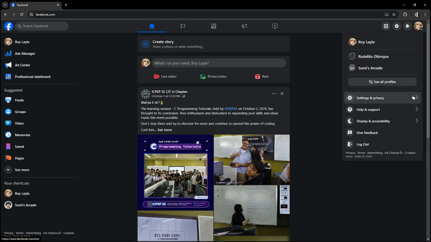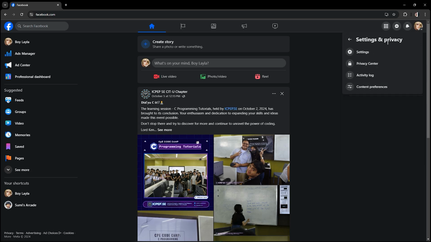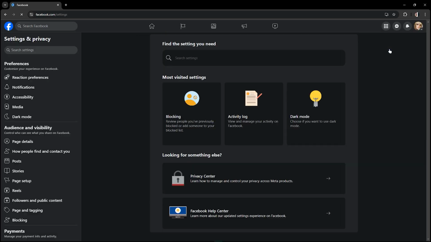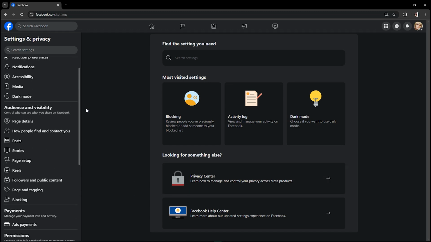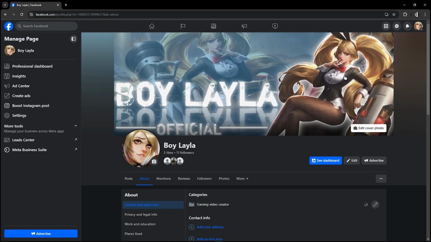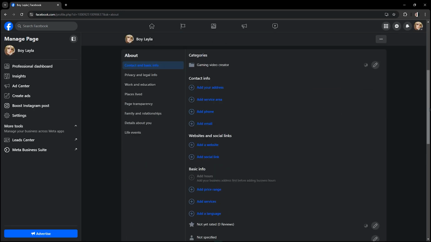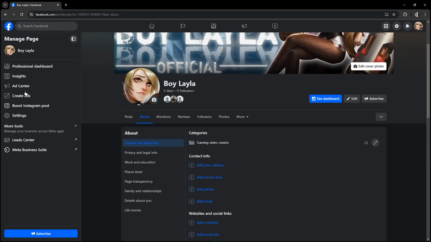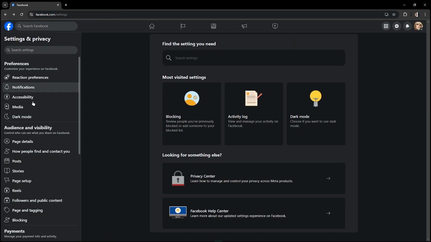So once you're here, just click settings and privacy and click settings. Now once you are in here, my account is not unpublished, but you can see in the options, just click new experience, but mine is not available because my account is published and it's not unpublished. Once you've seen a new experience in here in the settings and privacy, just click that, and you could see